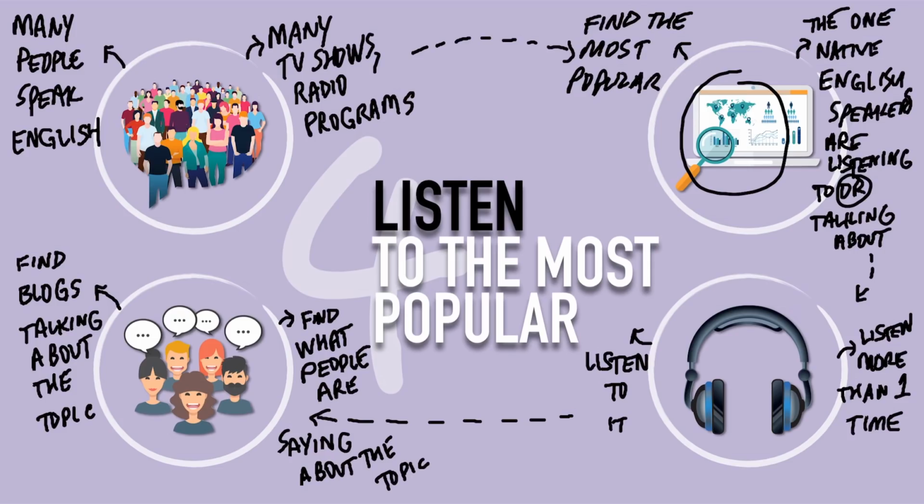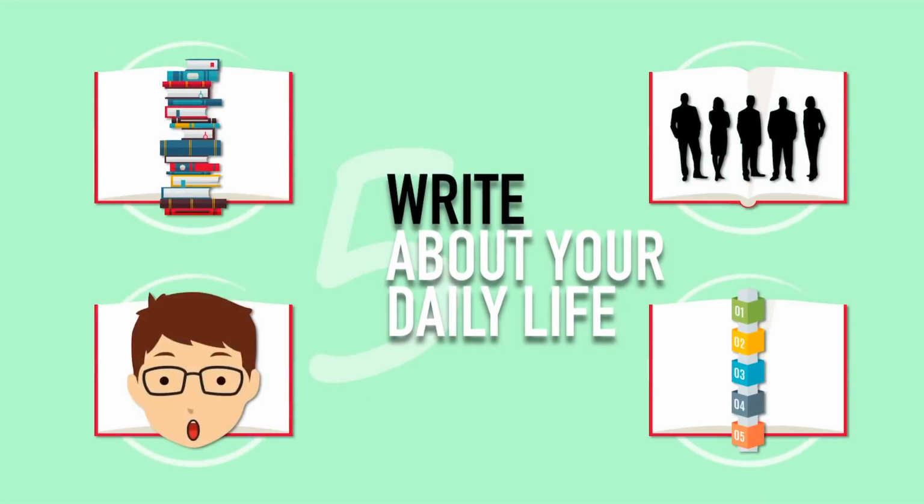All right. Now let's move on to the final method for studying English as an intermediate, advanced, or advanced learner. The final method, number 5, is write about your daily life. For the fifth method, the first thing that you want to write about is